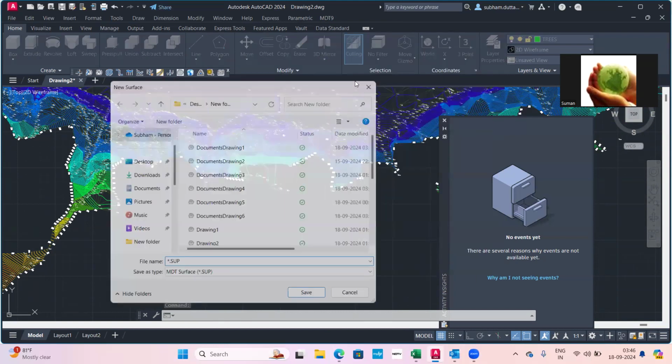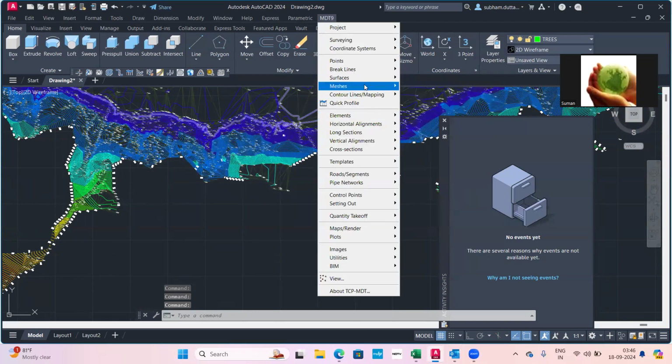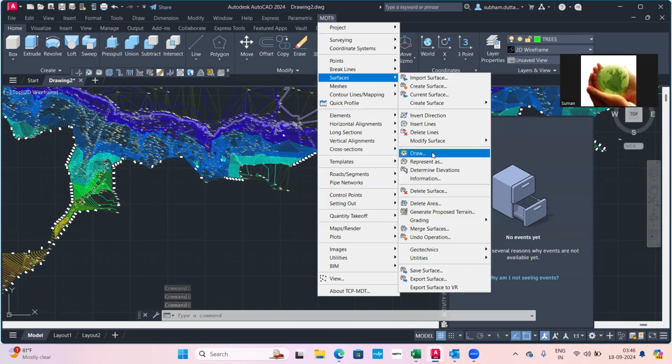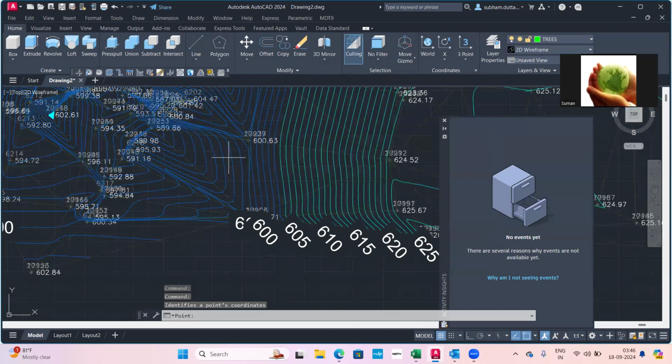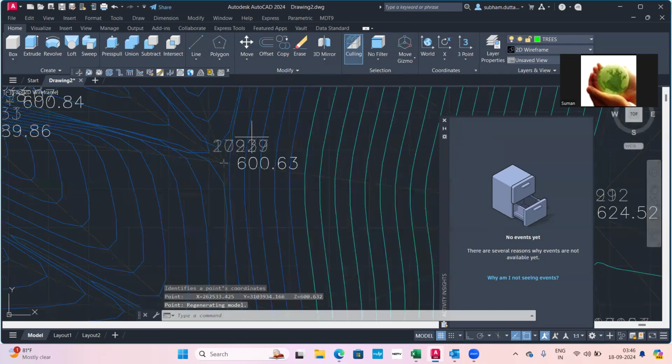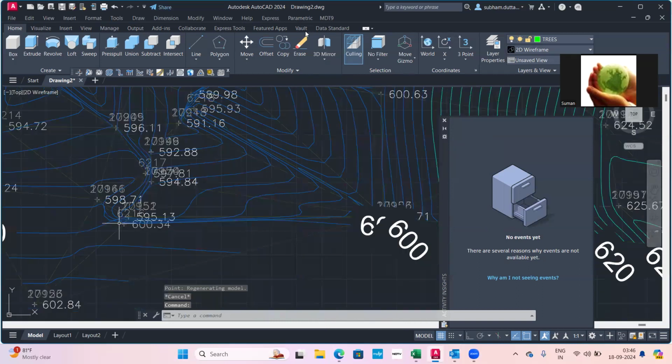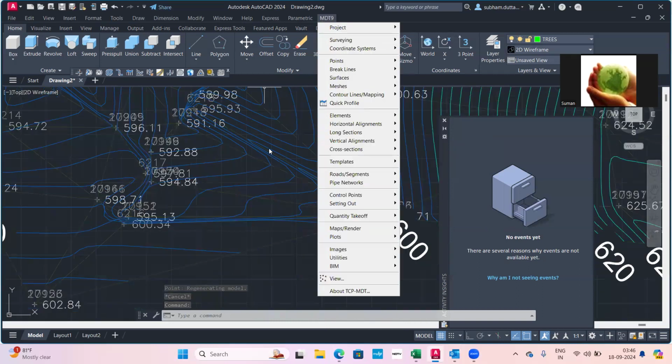So if I again go to this MDT9 surfaces, if I select this, determine the elevation of a surface. So I will just select, see, identify a point's coordinate. So I will then just, it is identifying the point's coordinate that is there. Okay. So 2 6, you see 2 6, it is showing as the point's coordinate. Similarly, if I go to this, and if I select this,